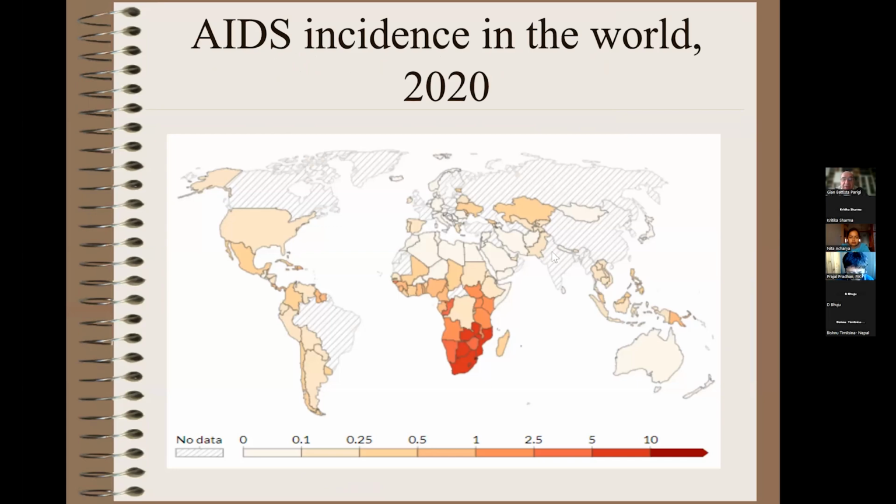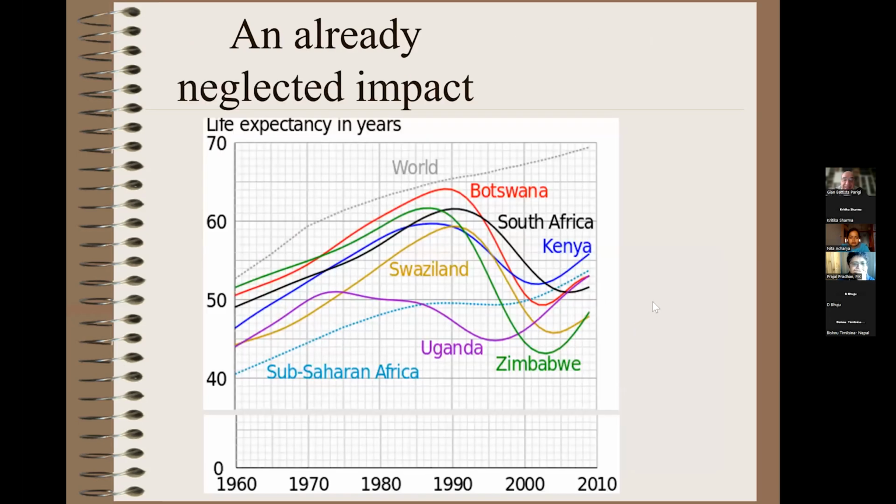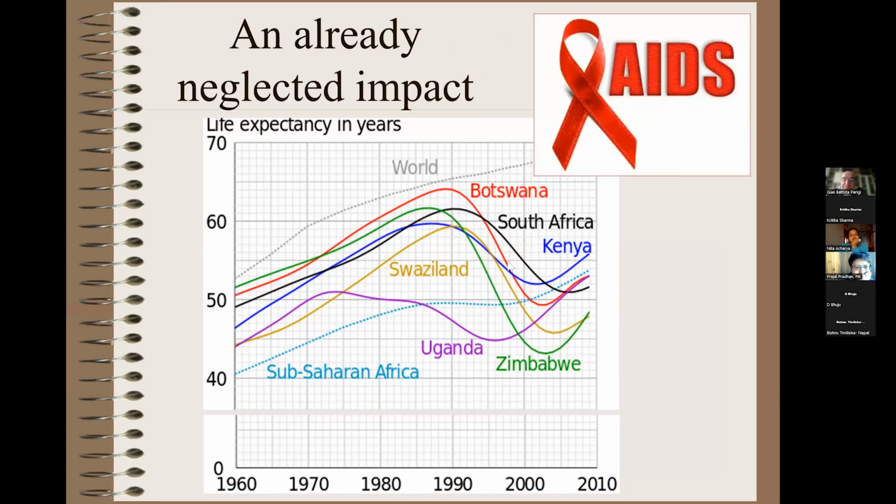This is the situation of AIDS. Luckily, at least as far as AIDS is concerned, you are not in the horrible situation that exists today in this part of Africa. I'm working in Zambia, Malawi, and Mozambique, and here AIDS is still very, very high. It's still hitting very hard. When I'm speaking to my students, asking why there has been this enormous decrease in life expectancy at birth, they forget about AIDS. They don't know anymore about AIDS.